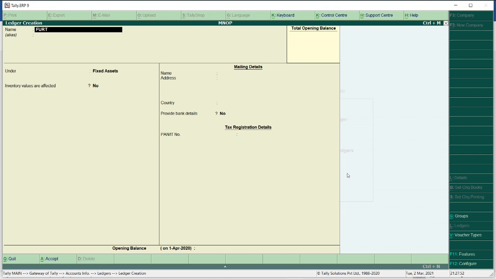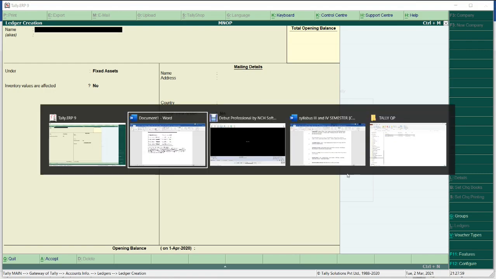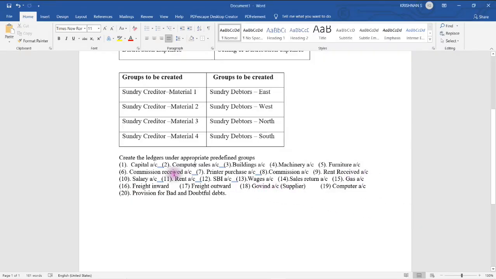Then furniture also comes under fixed assets. Then likewise we have to create the other accounts.